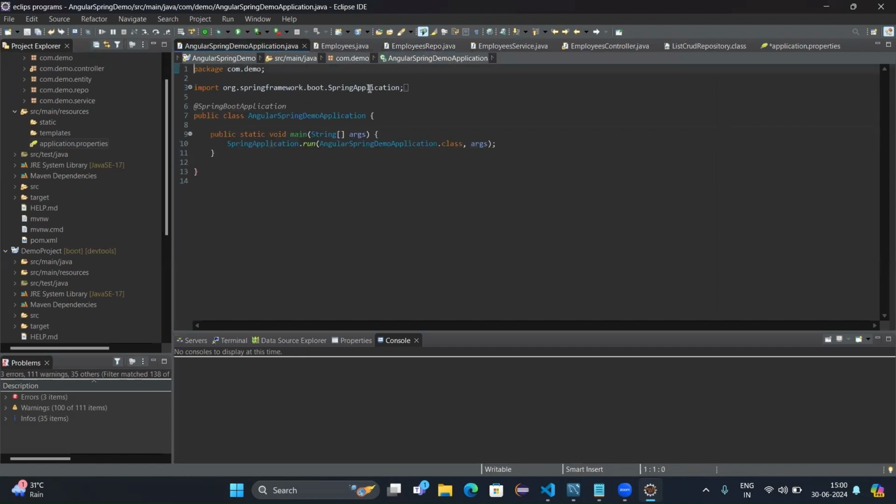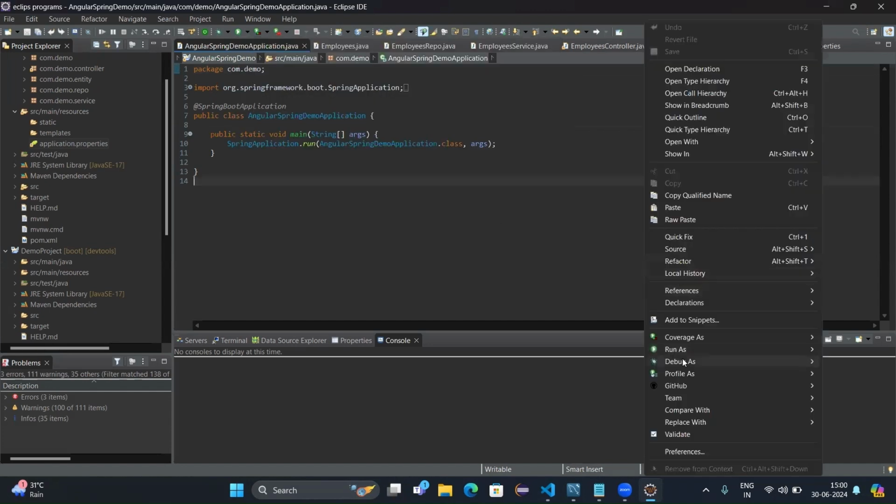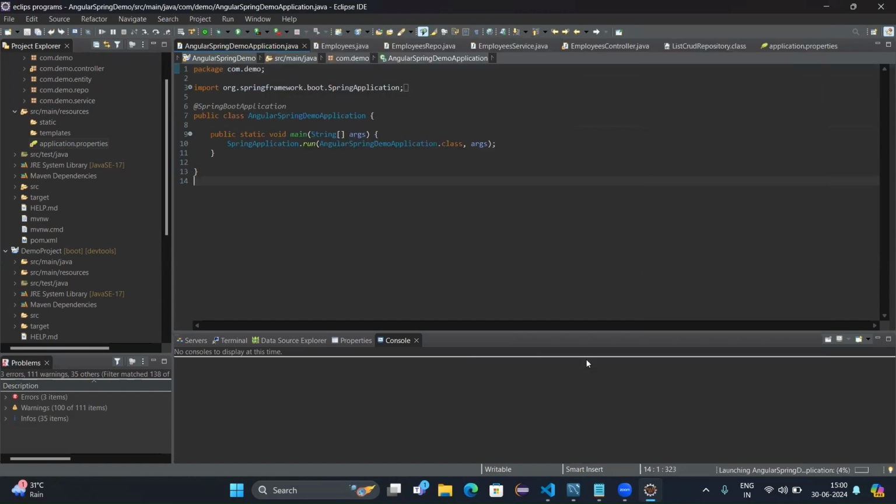let's run this application. So right click and run this Spring Boot application. By default it will run on port 8080,